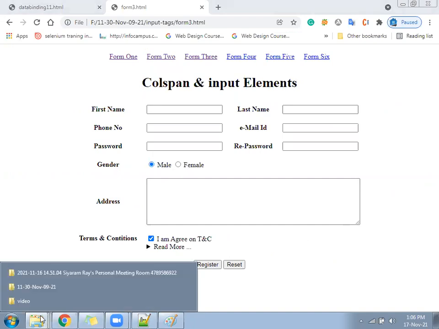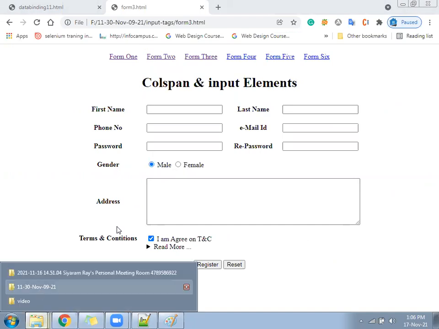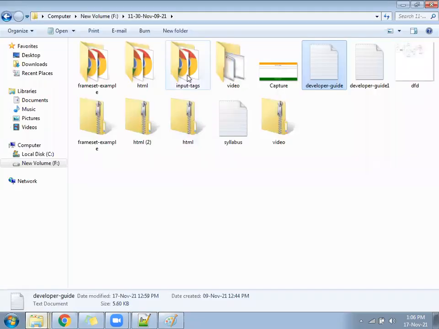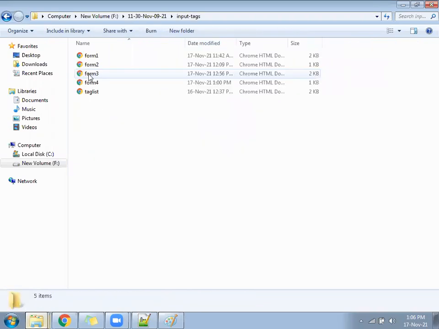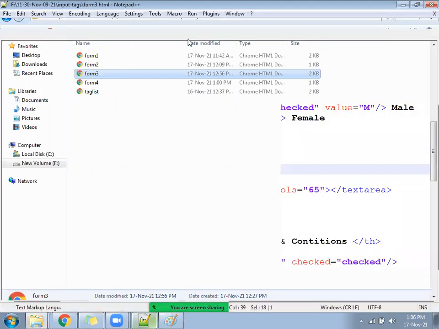Okay, let me share the file also. Input tag, the form 3 was there. The form 3 has come in chat.